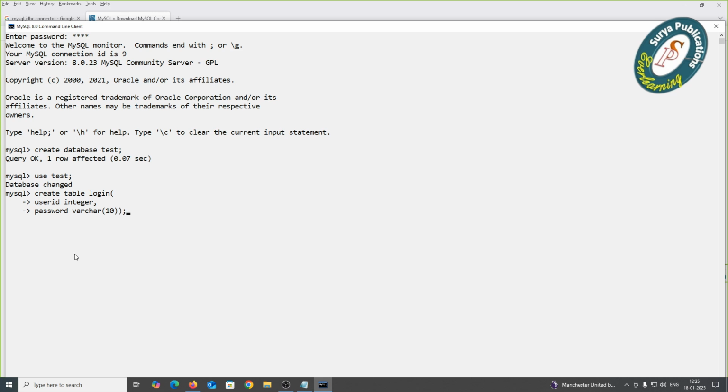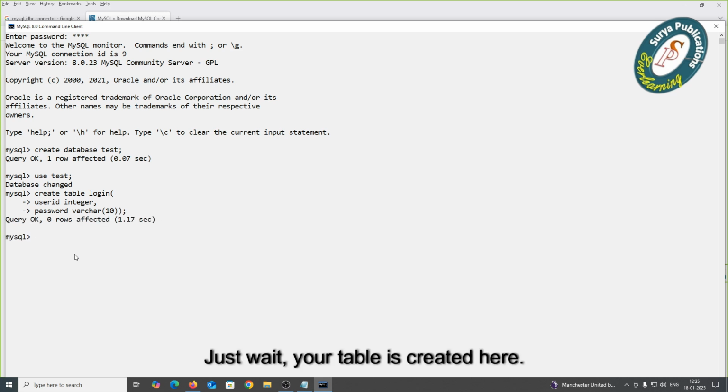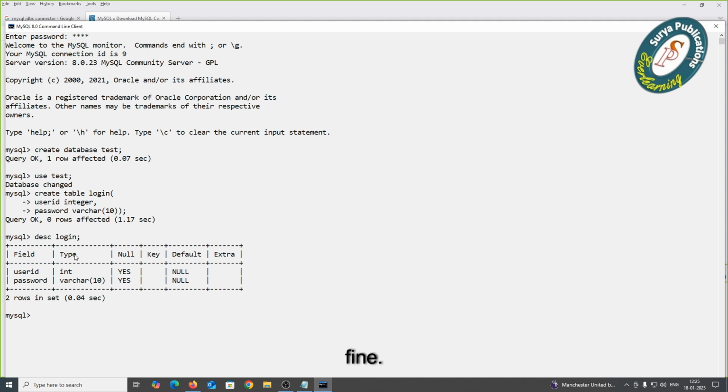This is my table. Just wait, your table is created here. Okay. Now, let us see whether my table is created or not. DESC login. Fine, you have got your table that is created with user ID and password. So, this is your backend data that you are trying to build. Now,